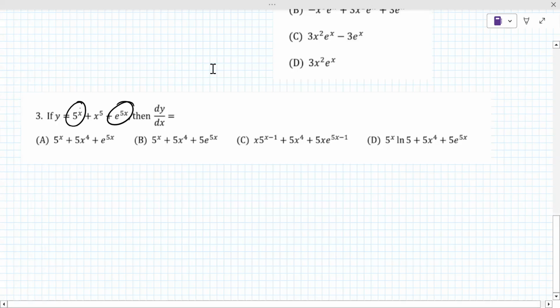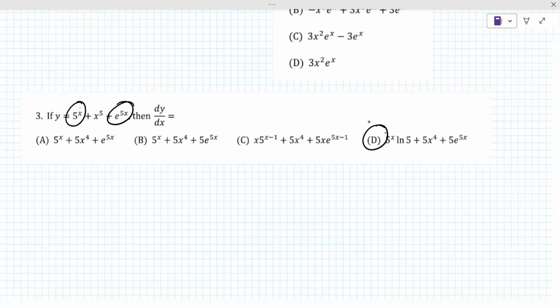Is it D? It is D, yes. Okay, so that's a nice problem to see that you've got your rules down. All right, so before we do 4,